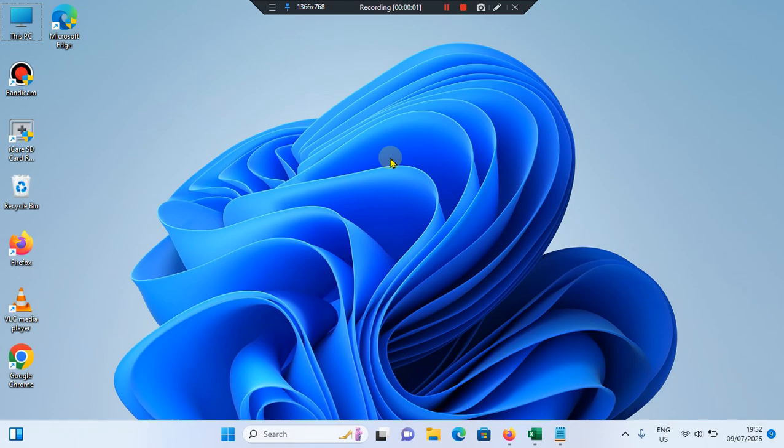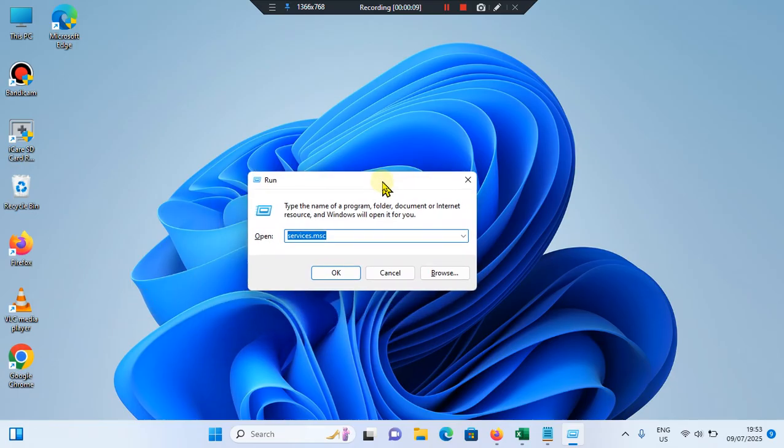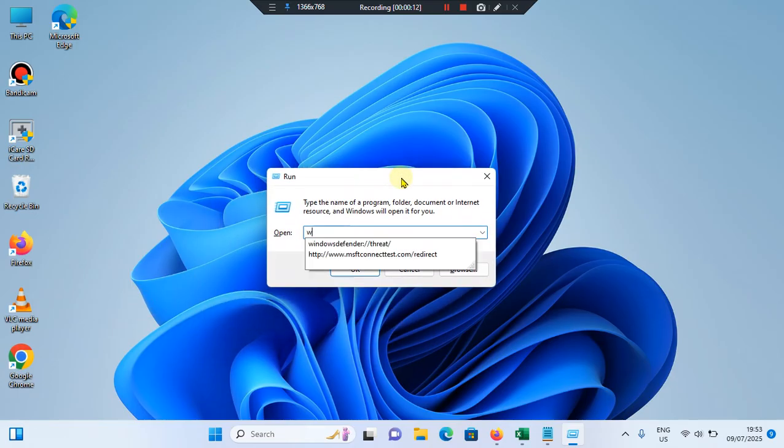Okay guys, in this video I'm going to show you how to fix the activate Windows error on your computer. So first you need to press Windows and R on your keyboard. It will open the Run menu. You need to type winver,